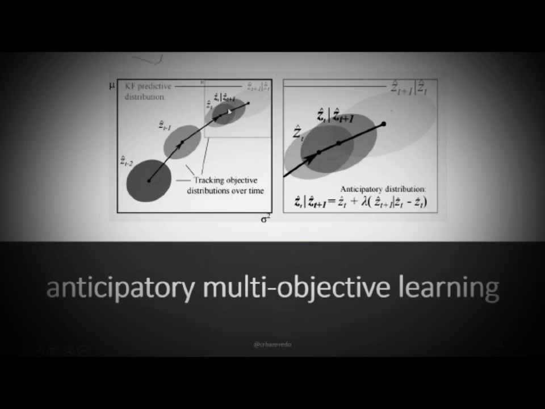By the time I arrive at the present moment t, I just do the forward step, which gives me the predictive distribution of the Kalman filter. I'm using a linear dynamic model. You can find more details in the paper, it doesn't matter. But basically, I'll get a prediction. And what I do with this prediction is perform a convex combination between the predictive distribution and my current estimated distribution of my performance vector for each particular portfolio.